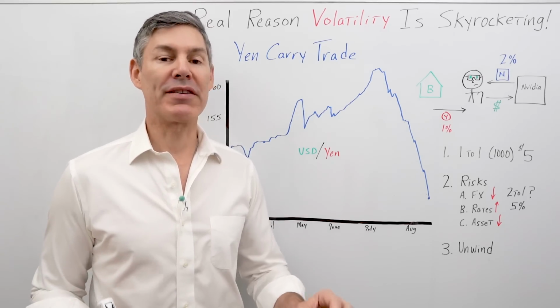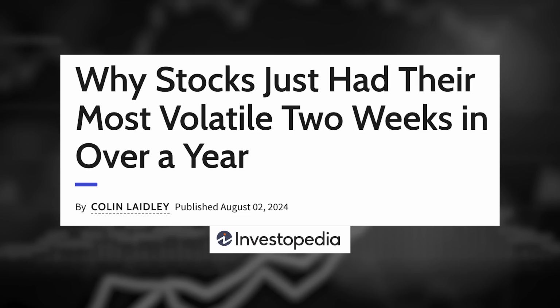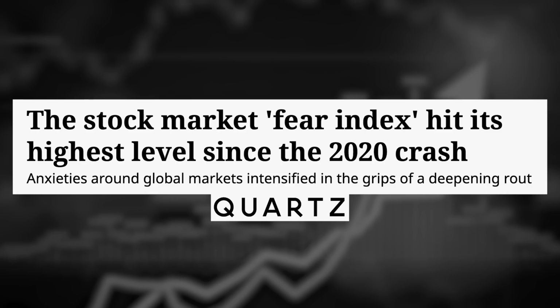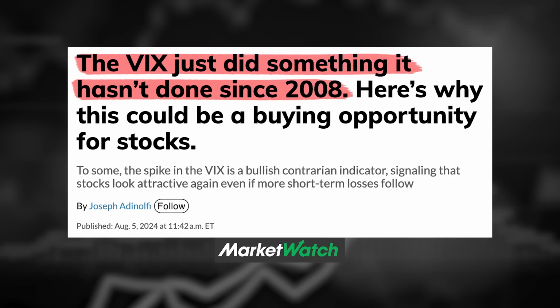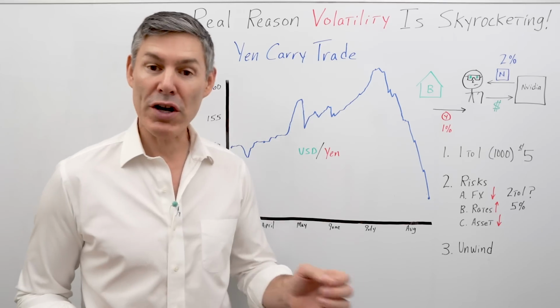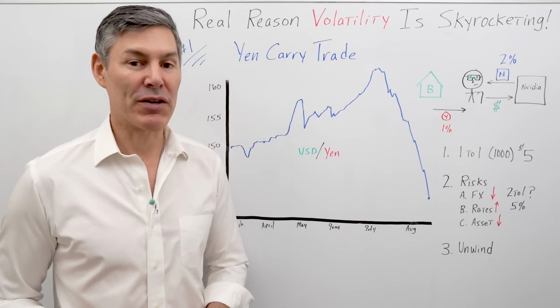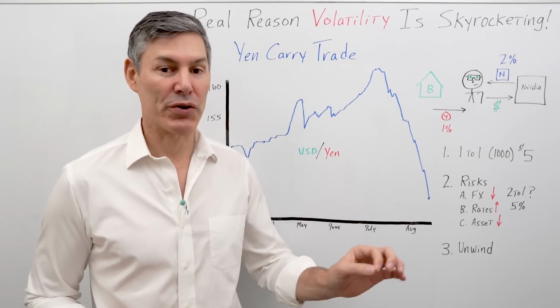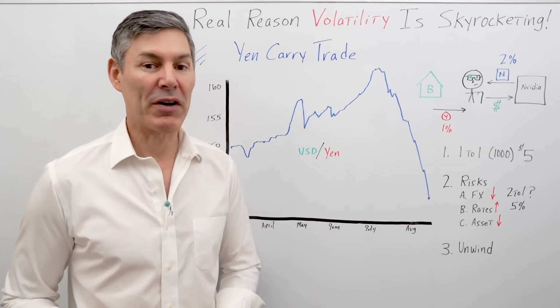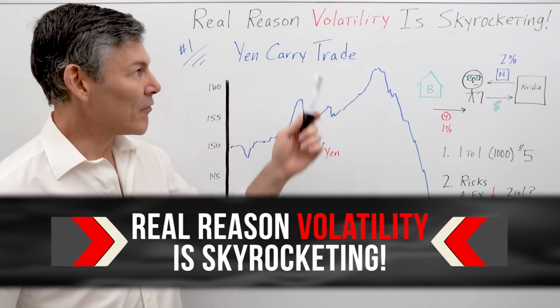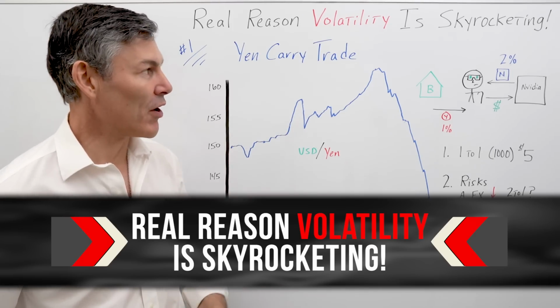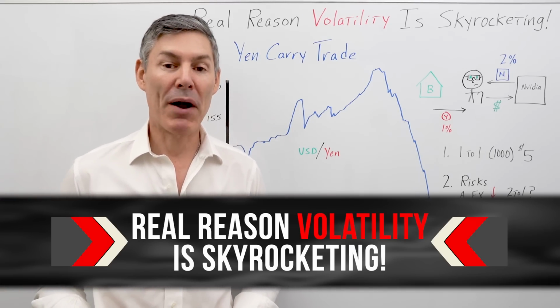Volatility in global markets is skyrocketing. The VIX, also known as the fear index, has gotten to levels that rival what we saw during the GFC. The question is why? Well, what you're hearing on the mainstream media doesn't tell the whole story. So right now, I'm going to explain why volatility, or the real reason volatility has been going parabolic in 3